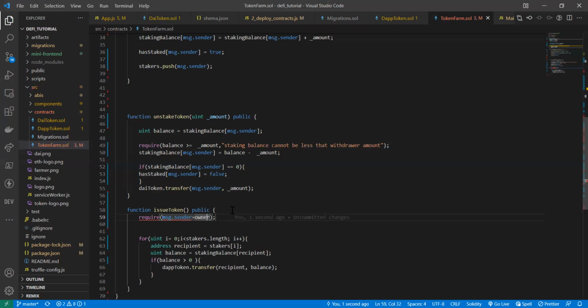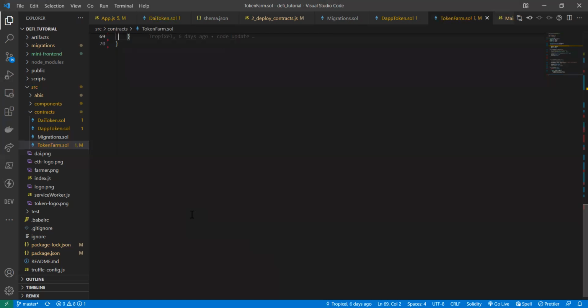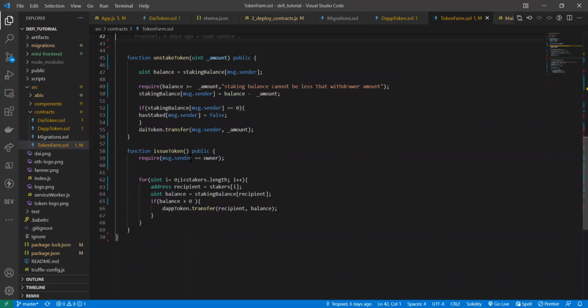Now, let me show you. Here, we declared the owner of the smart contract. And here, we set it to the person that deployed the smart contract, which is the owner. So we check if the person calling this function is the owner, the person that deployed the smart contract. If not, we can basically say